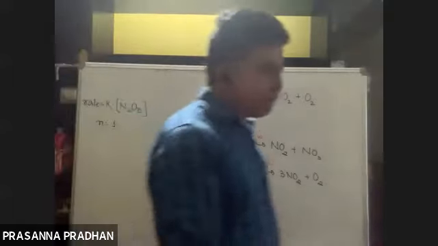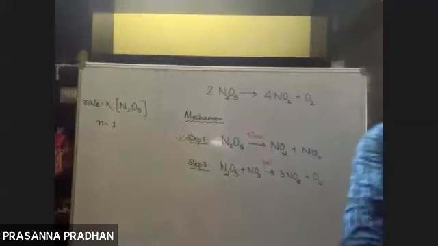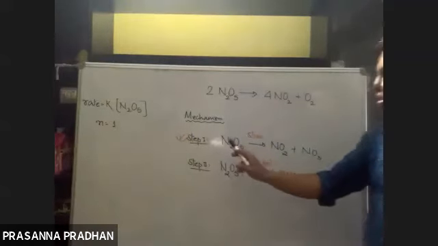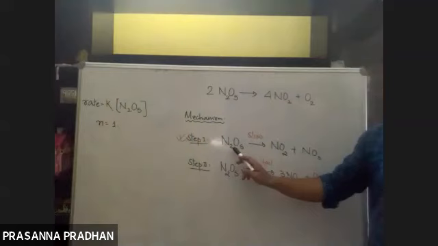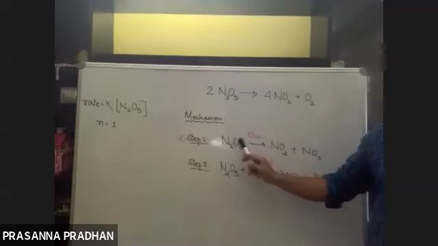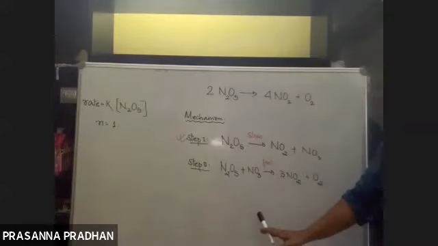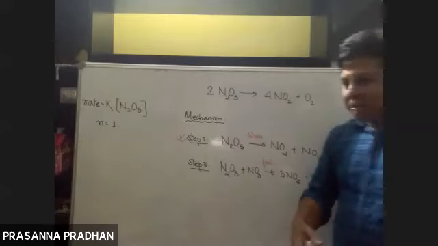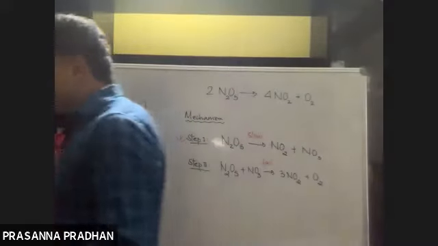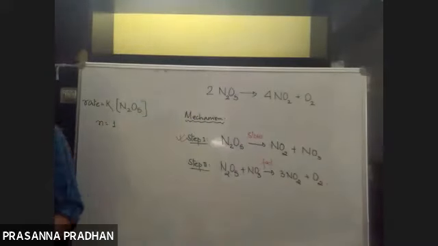Remember, the order of the overall reaction depends upon the slowest step, but molecularity does not depend upon the slowest step. Only the rate expression is written by looking at the slowest step, not the molecularity. So molecularity of a complex reaction is meaningless. Fine. So sometimes order and molecularity can be the same, for example, elementary reactions. Sometimes order and molecularity might be different.